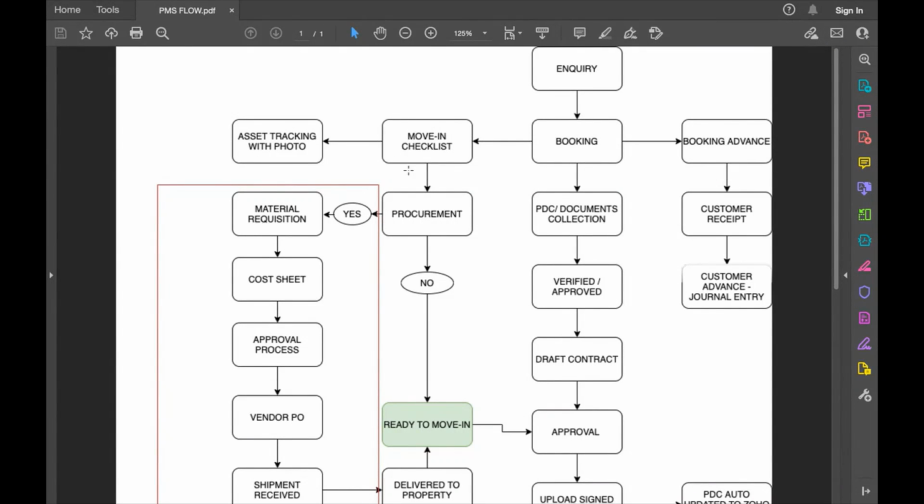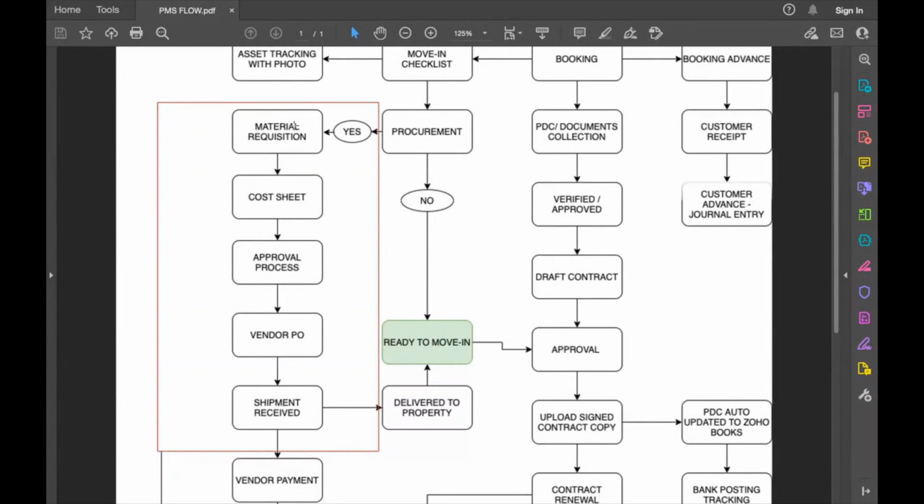They will be able to do a complete checklist. For example, it can be a list of images that they take a photograph of, and say maybe out of 10 assets, 8 assets are ready to use, and 2 assets need a replacement. In that case, a procurement process flow can be initiated.